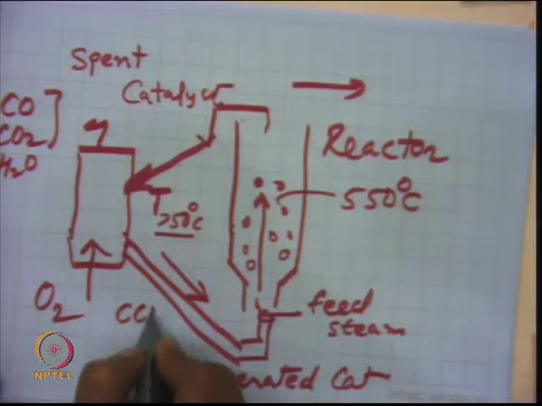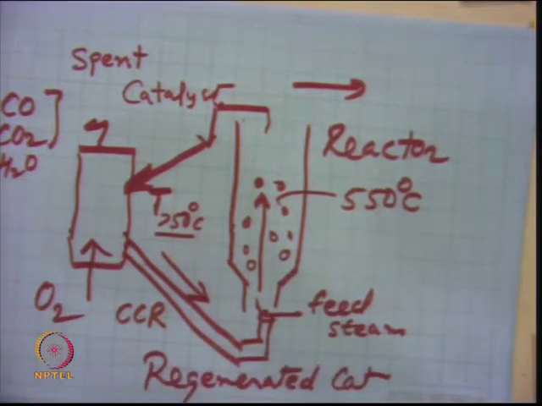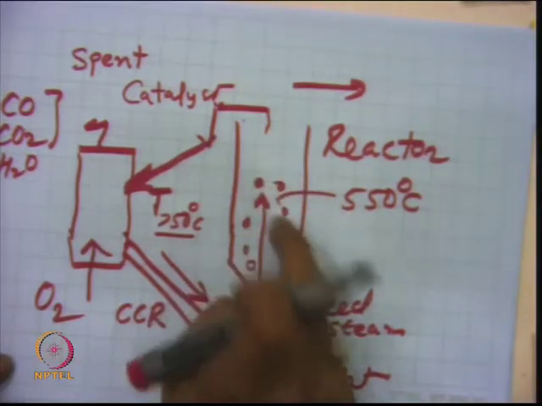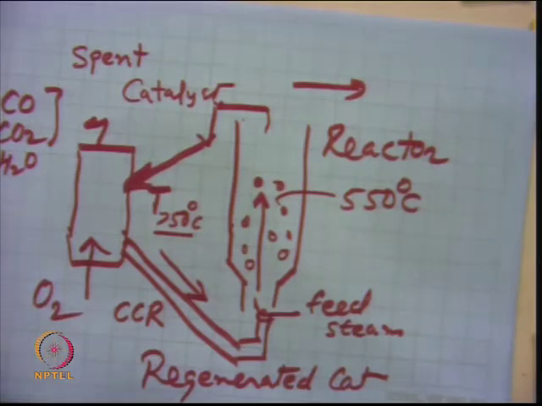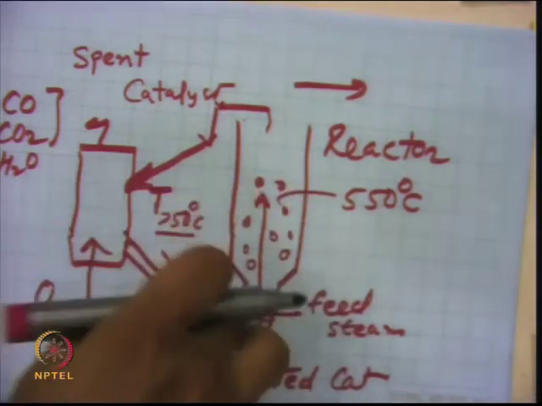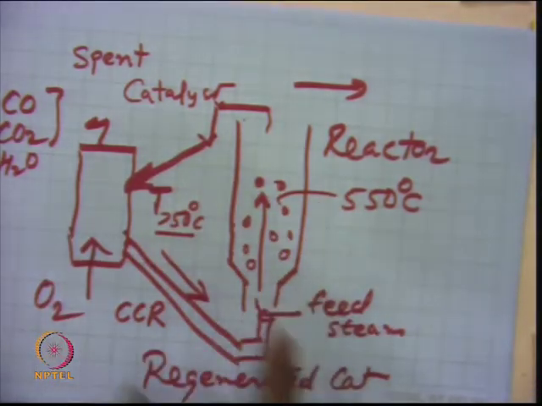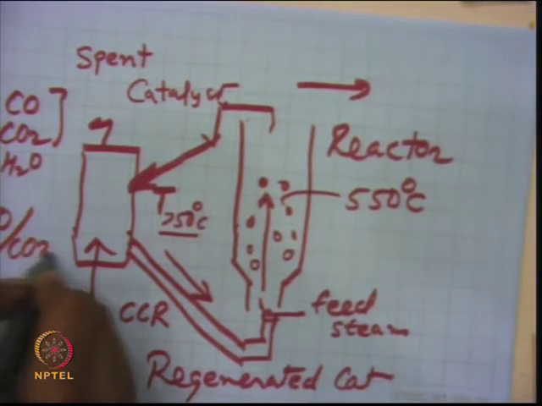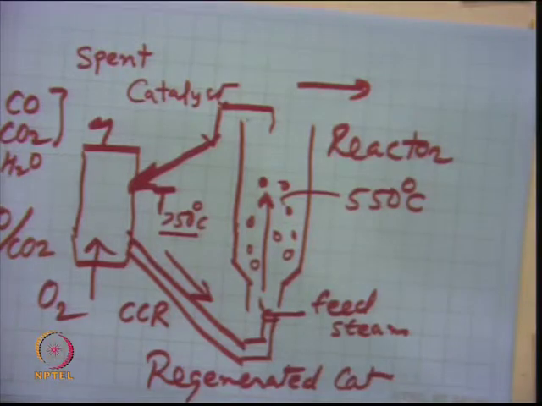CCR, which is the catalyst circulation rate, will decide your reactor inventory and the size of the reactor. So, this is a very complex system. If you look at the design of a reactor and regenerator, with proper heat balance and mass balance, you include the kinetics of the main reaction and the kinetics of the deactivation reaction, and then control the CO to CO2 ratio in the flue gas so that there is no afterburning. The catalyst temperature should not exceed 750 or 650 degrees, depending on the type and stability of the catalyst, so catalyst stability also needs to be enhanced.